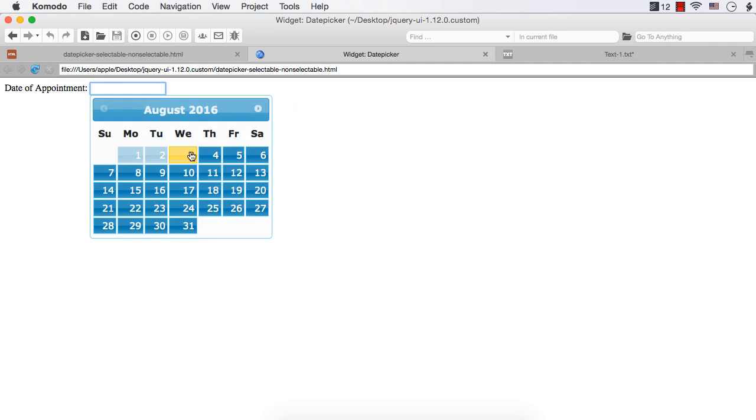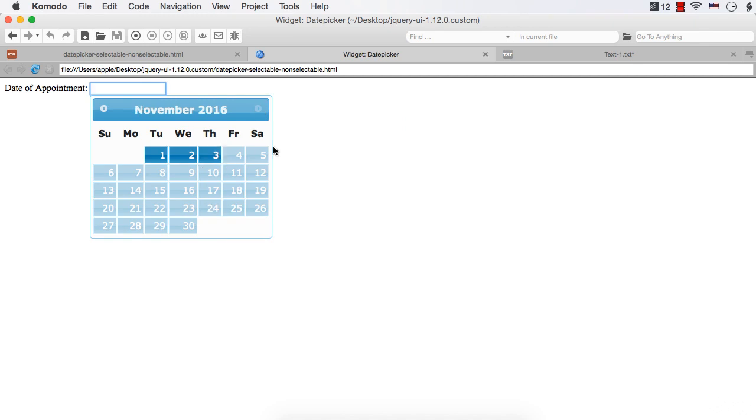Refresh. It is August 3rd, September 3rd, October 3rd, November 3rd. After 3rd of November, all the dates are non-selectable or disabled. So here we have made the dates from August 3rd to November 3rd as selectable, and all the other dates